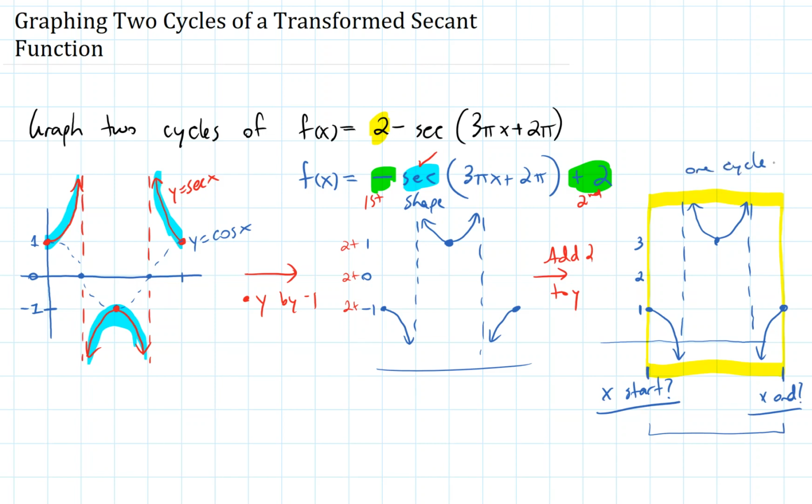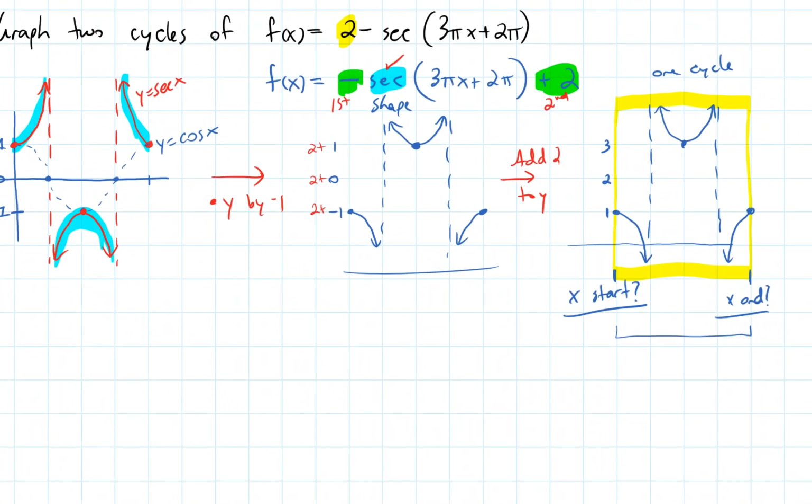But we have to figure out where it starts and ends. So the secant function starts and ends at 0 and 2 pi. The secant of x function starts and ends at 0 and 2 pi. So now we have to see what happens when we look at this secant of all this mess, that argument. So the function's x values are going to begin, the cycle is going to begin